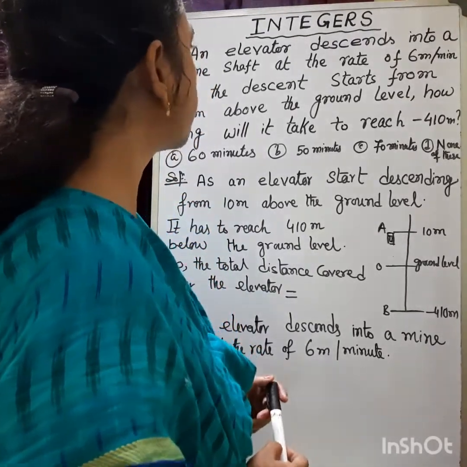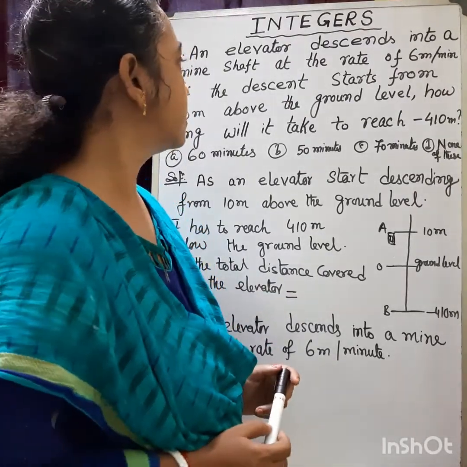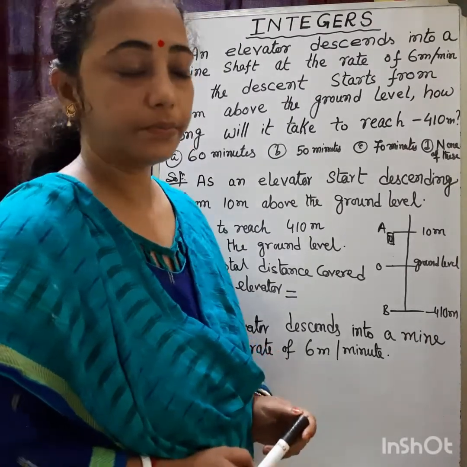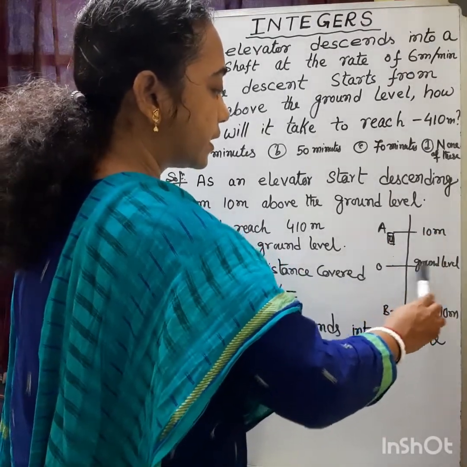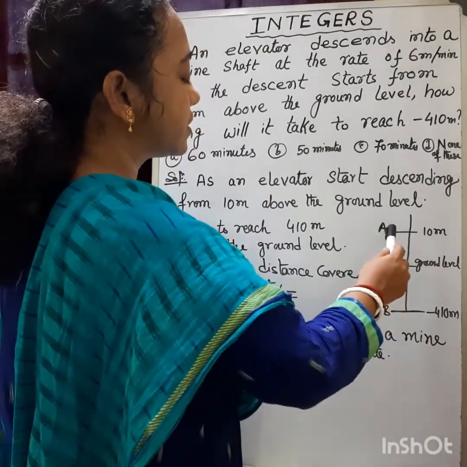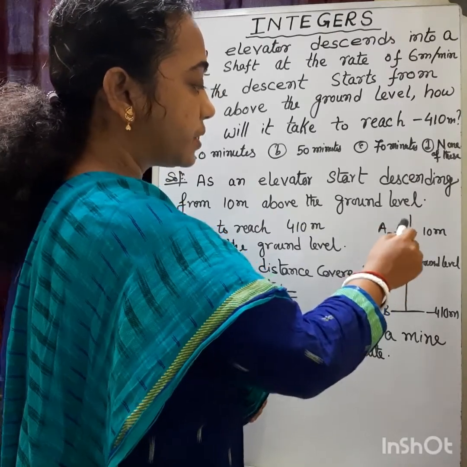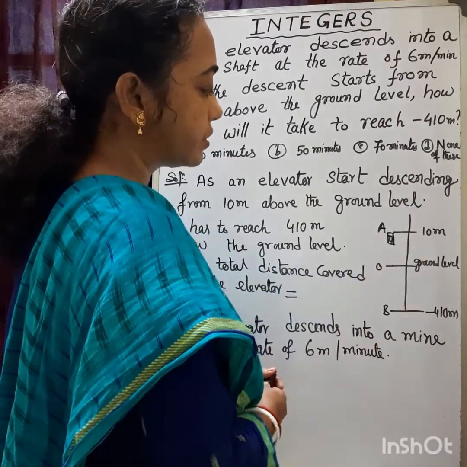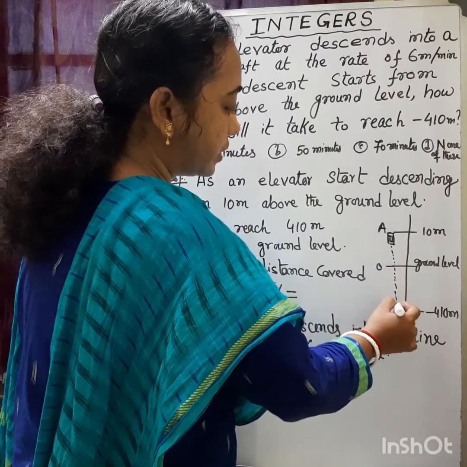Now according to the question, an elevator descends into a mine shaft at the rate of 6 meters per minute, and its descent starts from 10 meters above the ground level. So if you see this figure, suppose the O point is the ground level and A point is 10 meters above the ground level. So the elevator starts descending from 10 meters above the ground level. That means it is moving downward. So in which direction is the elevator moving? Descent means it is moving in the downward direction